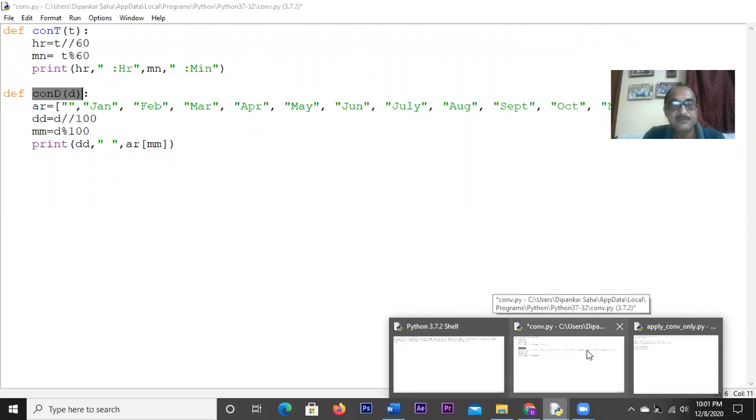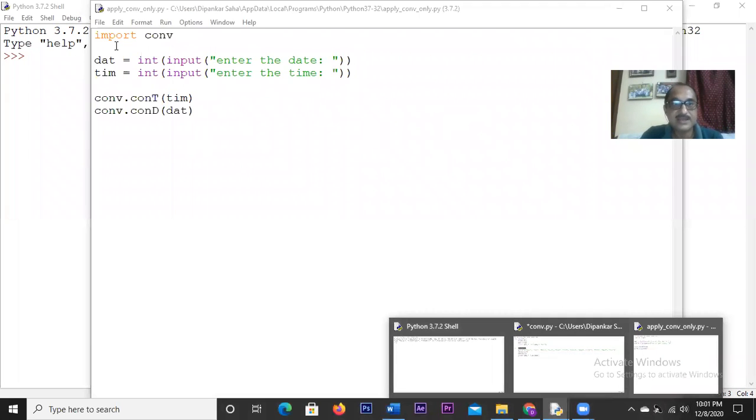If you remember this function, when I was just showing the code, here is my conv. Look at this, both the functions use parameters. In the first case, the parameter was t, in the second case, the parameter was d. That means I need to pass some values to the functions to make them execute. So that's exactly what I have done here. I've done import conv, and here is my date value and time value. These two are passed. So when I'm calling the function, watch it carefully. I need to write